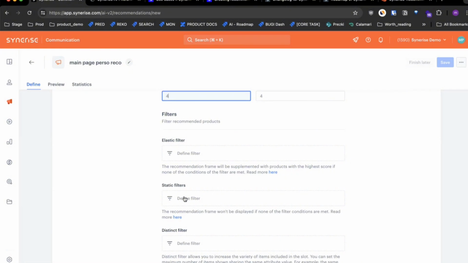Firstly, elastic filters are supplemented with the products with the highest cost if none of the conditions on the filter are met. And at the same time, static filters don't have this requirement. So once